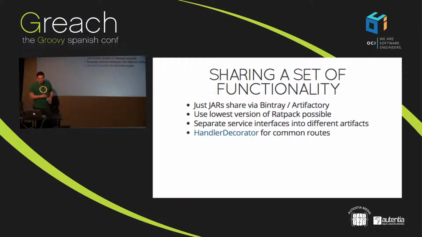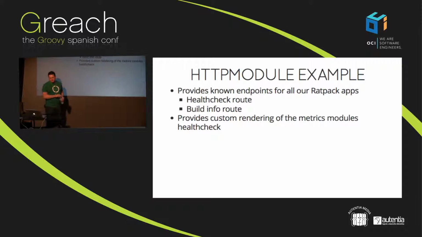The other thing is you can use something called the handler decorator for common routes. Our example of this is something we call the HTTP module, and that's something we use at SmartThings, and it basically provides a set of known things we want all of our microservices to have, like build info, just some metadata about the build itself, and that is always exposed as a route. And we always expose the health check. We also have some custom rendering of the health check we want to do. So this module will add all those things, but by using the handler decorator